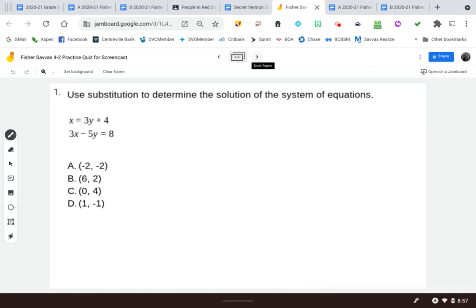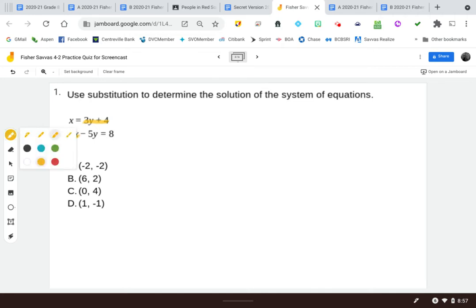Okay, so problem number 1. Use substitution to determine the solution of the system of equations. The first thing I notice is that this problem is actually set up perfectly for substitution because I have x equals 3y plus 4. So I'm going to take that 3y plus 4 and substitute it in for x into my